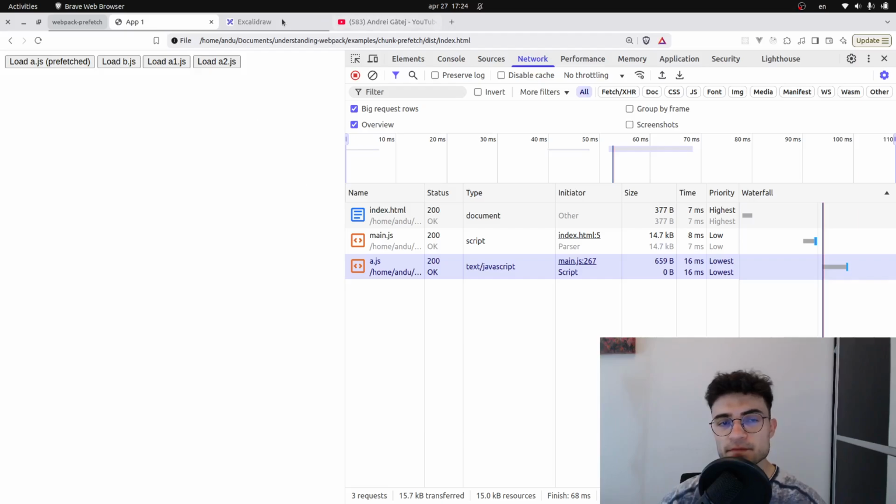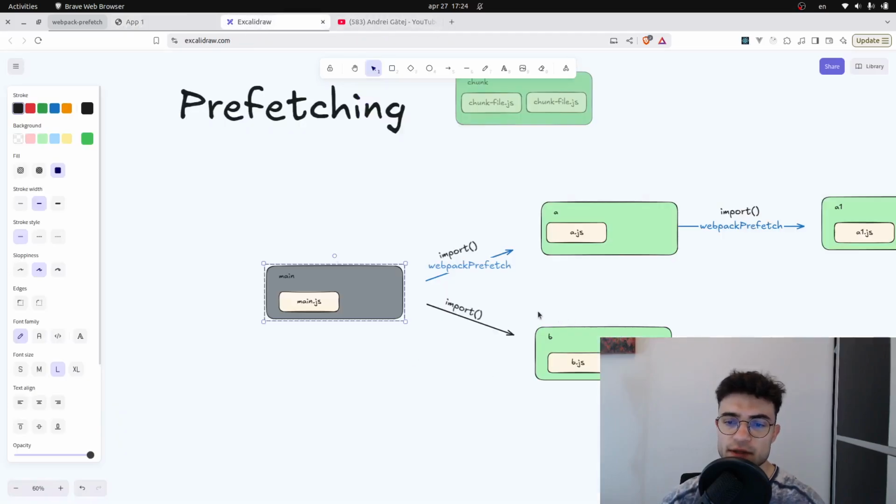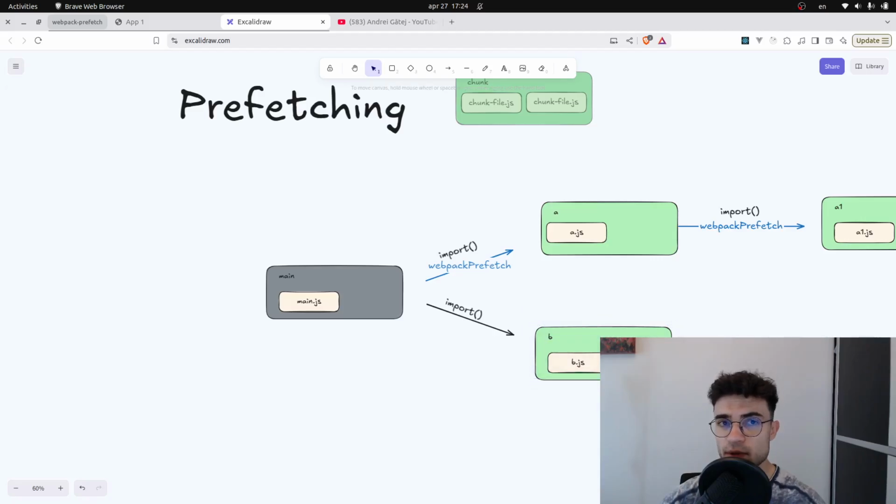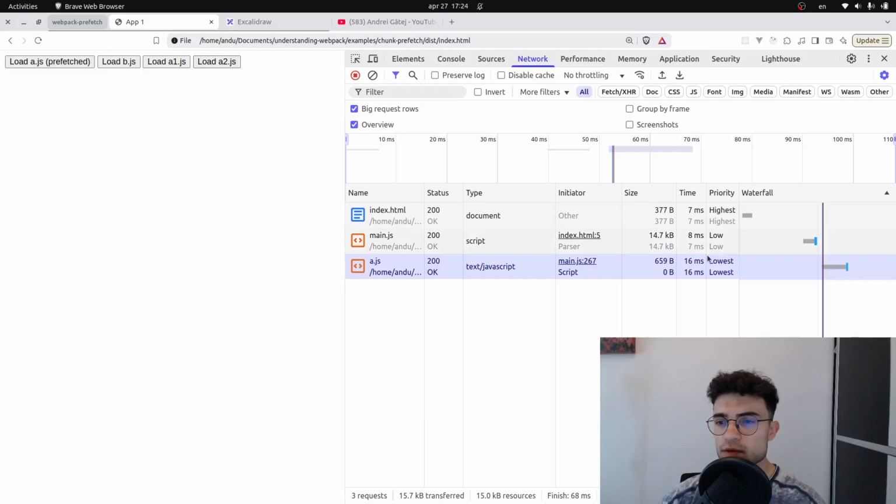Notice that b.js, or the b file, has not been fetched because it is not prefetched. But also notice that its priority is lowest. So this means that the browser has done this request when the browser considered that it is time to do so. So we are not wasting too many resources with this request. Of course, we must not abuse this request, but you get it. Okay, now if I finally load the file,